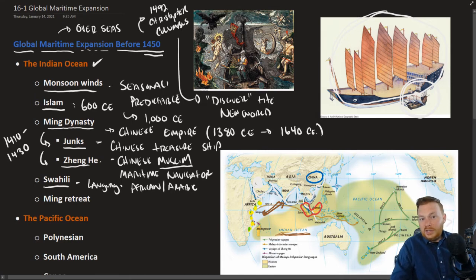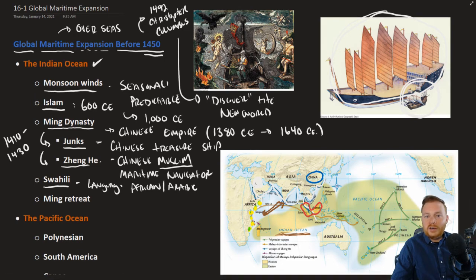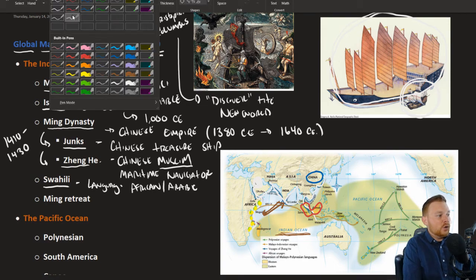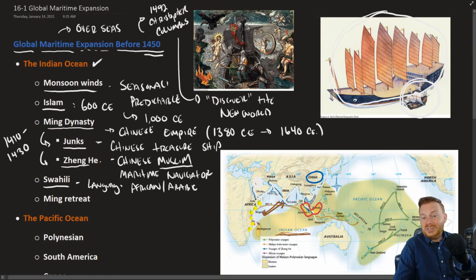It turns out that Zheng He and the Ming Dynasty really didn't find all that much there. There wasn't a lot of valuable trade. There were some novelty trade items, like a giraffe, for example, that came from Africa, but nothing really of value. And beginning in 1430, the Ming Dynasty decided that overseas exploration was not the answer, that it was not worth the investment. And so the Ming Dynasty retreated after